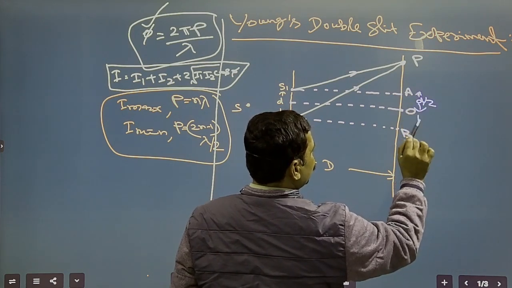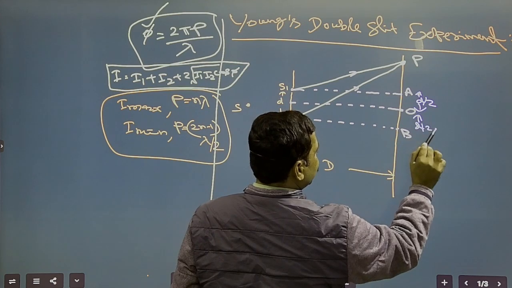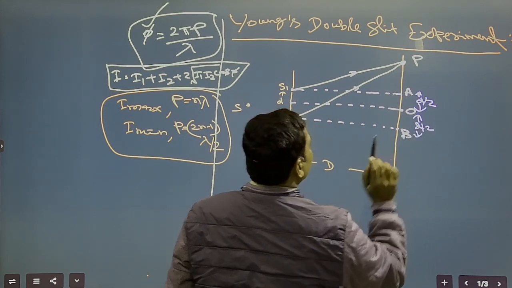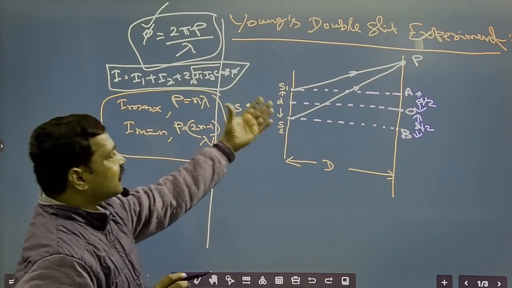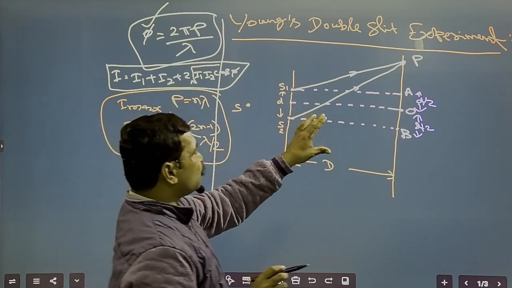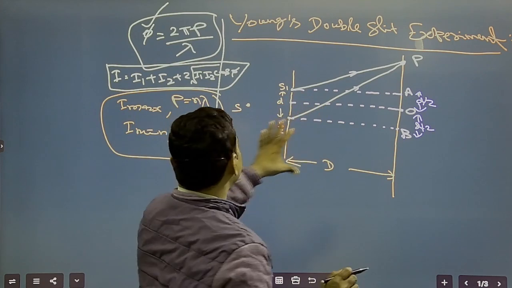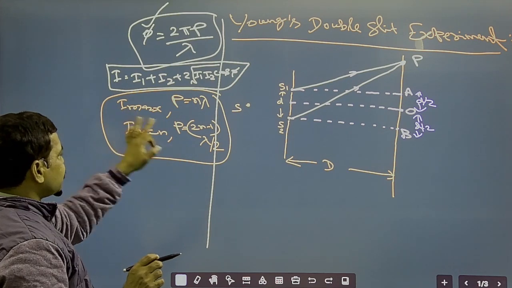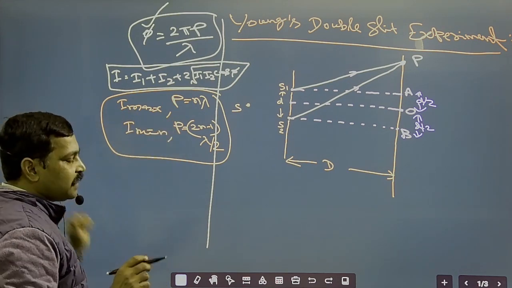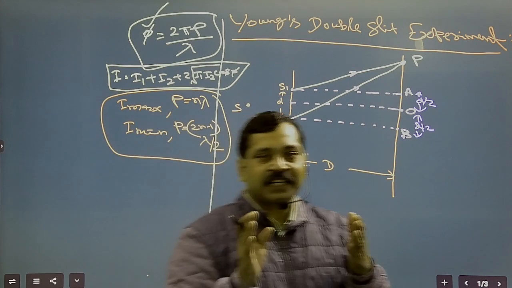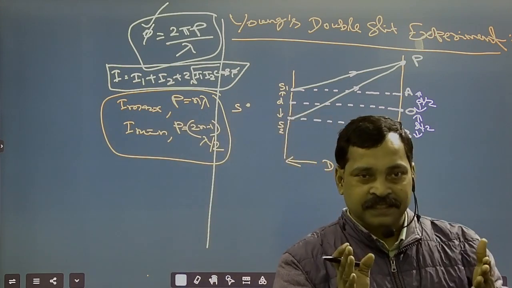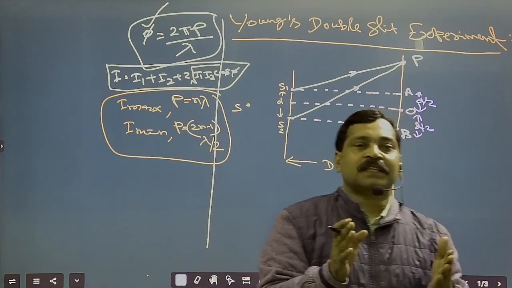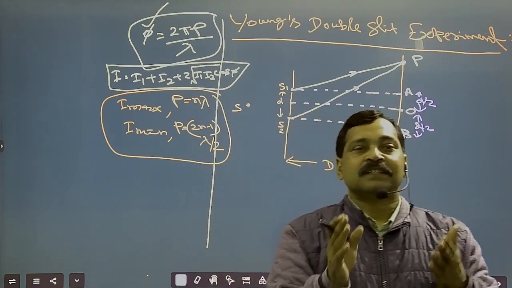Similarly from O to B, this will be d by 2, right? Here we will find the path difference, then put that relation to find the points of maximum intensity and minimum intensity. The points of maximum intensity are known as bright fringes,